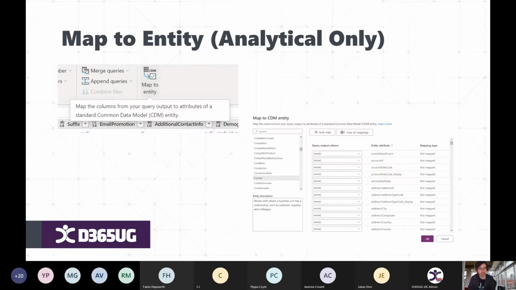Another setting, and this is more applicable for when you're getting your data flows to export out into Azure, is map to entity. This is actually a pretty new feature. In fact, as part of preparing for this, it took me by surprise, because I saw, oh wow, we've got this now. But effectively what you can do here is take your data from your source,